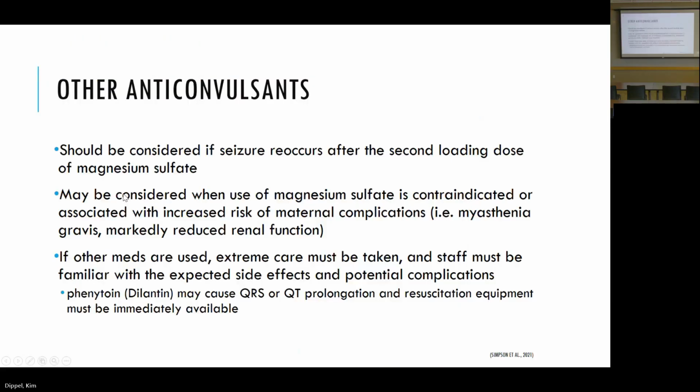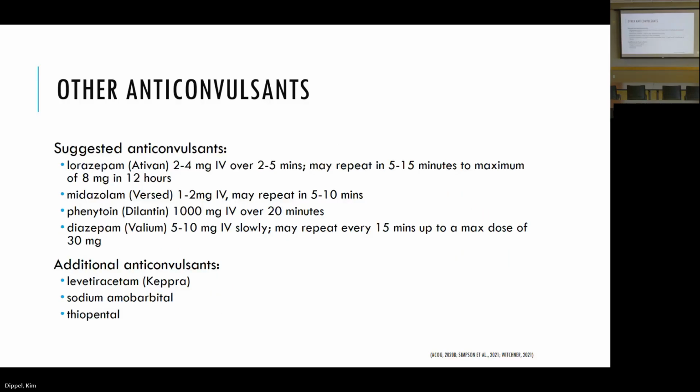things like that. So other anticonvulsants, you can use mag sulfate, but you need to use extreme care, and you need to be familiar with the side effects and potential complications. So Dilantin can cause QRS or QT prolongation. So you would probably need to have her on a cardiac monitor. Okay, so those kind of things, and make sure that your resuscitation equipment is available. And these are other